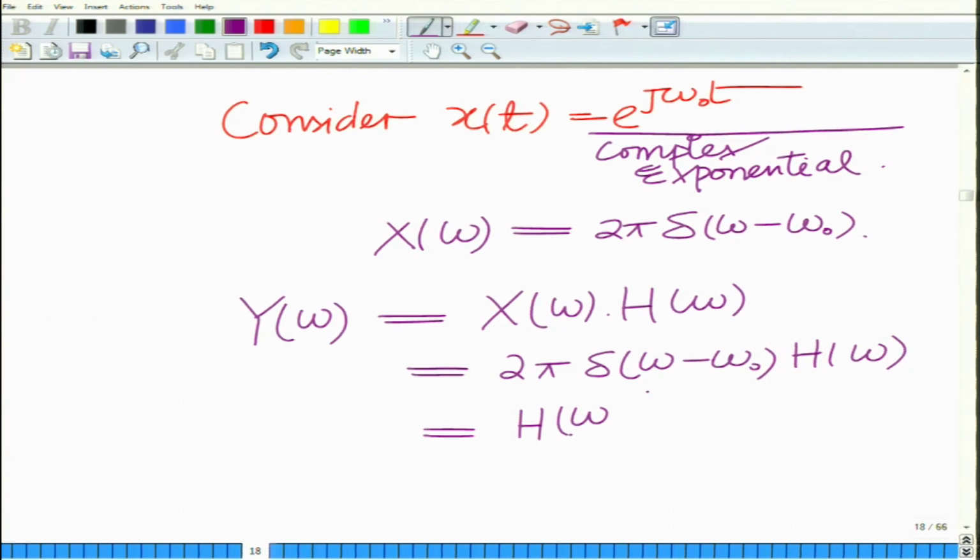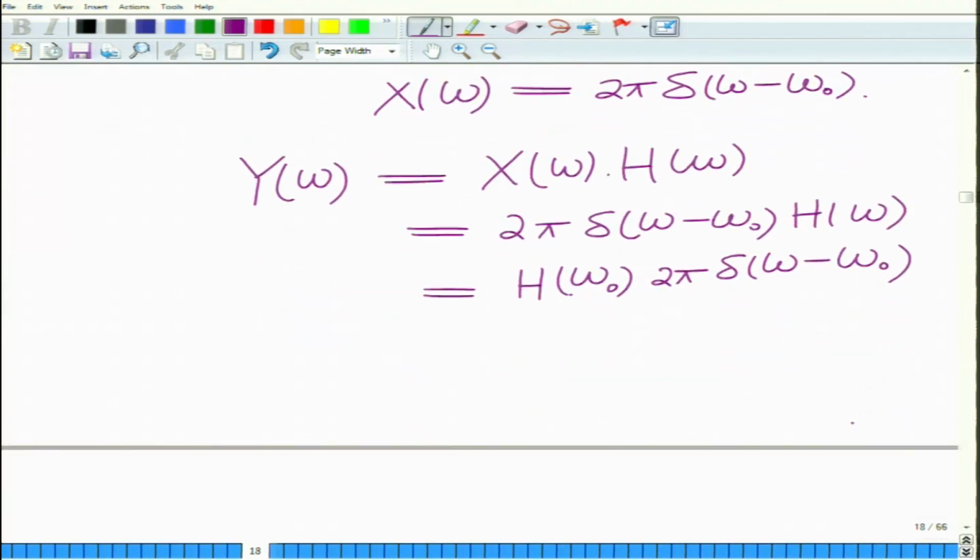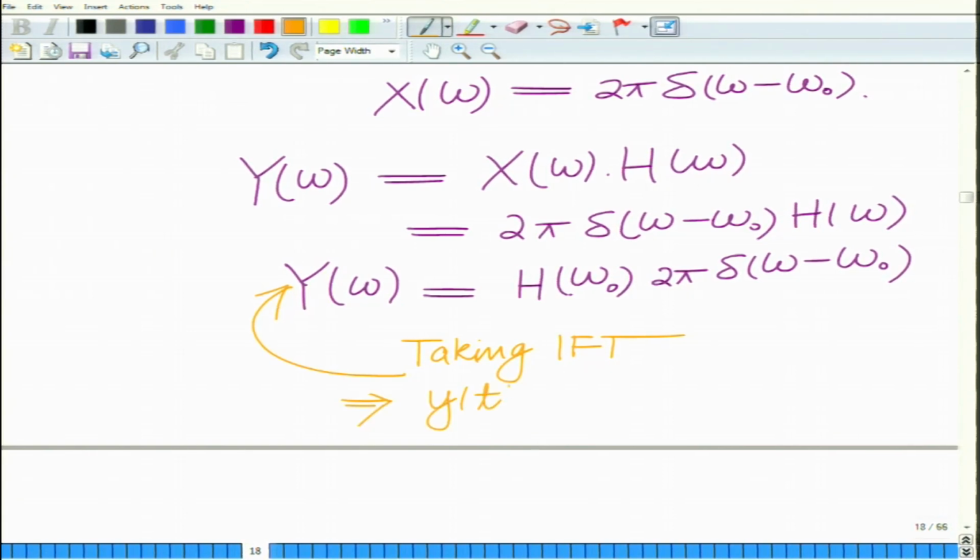And you can see that delta of omega minus omega naught is 0 everywhere except where omega equals omega naught. So this is simply H of omega naught times 2 pi delta of omega minus omega naught. Now if you take the inverse Fourier transform, you can see that Y of omega is a scaled version of the impulse shifted by omega naught. Therefore, this implies y of t is simply